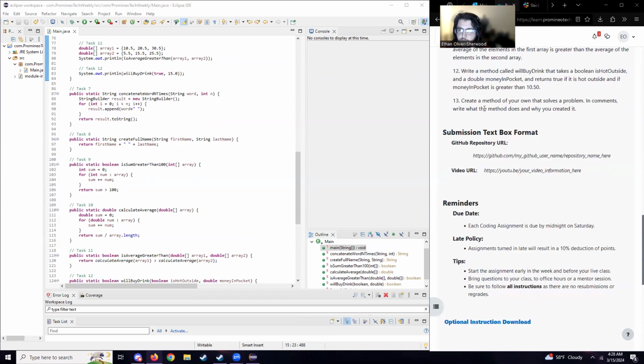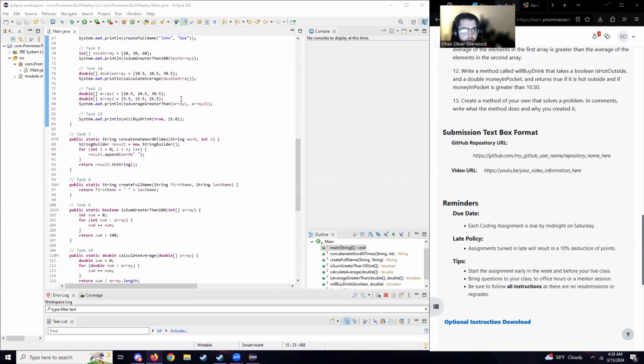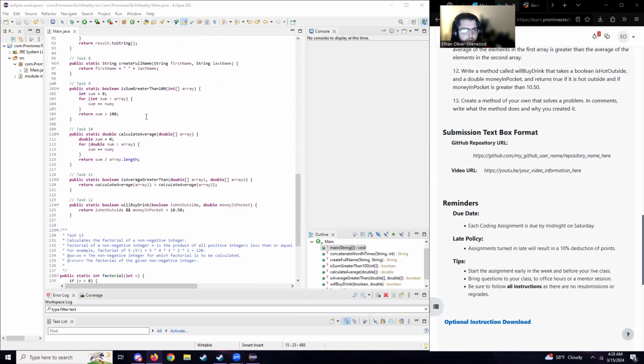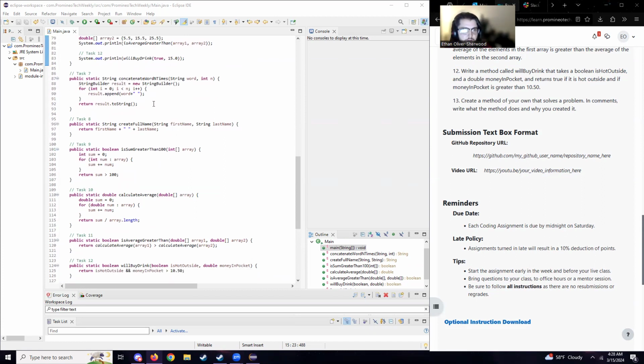And then task 12, write a method called will buy drink. It looks like some of mine may have doubled up here. I'll have to double check that before I submit it. But that's okay. For task 12, system out, will buy drink true if